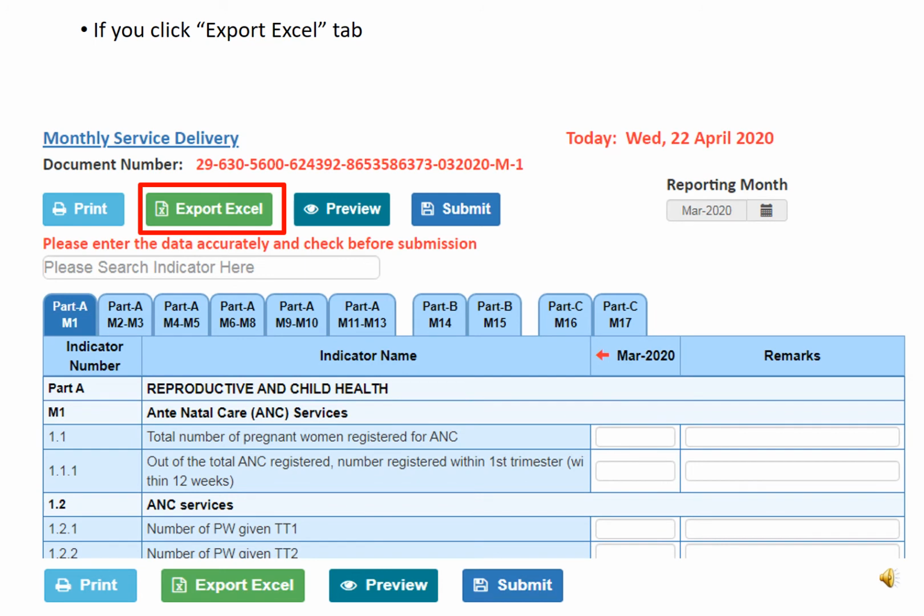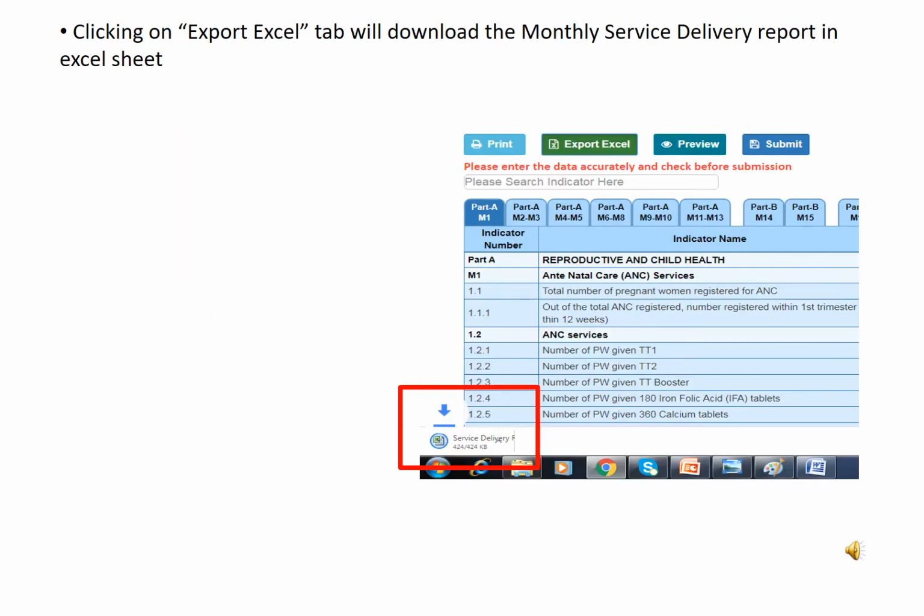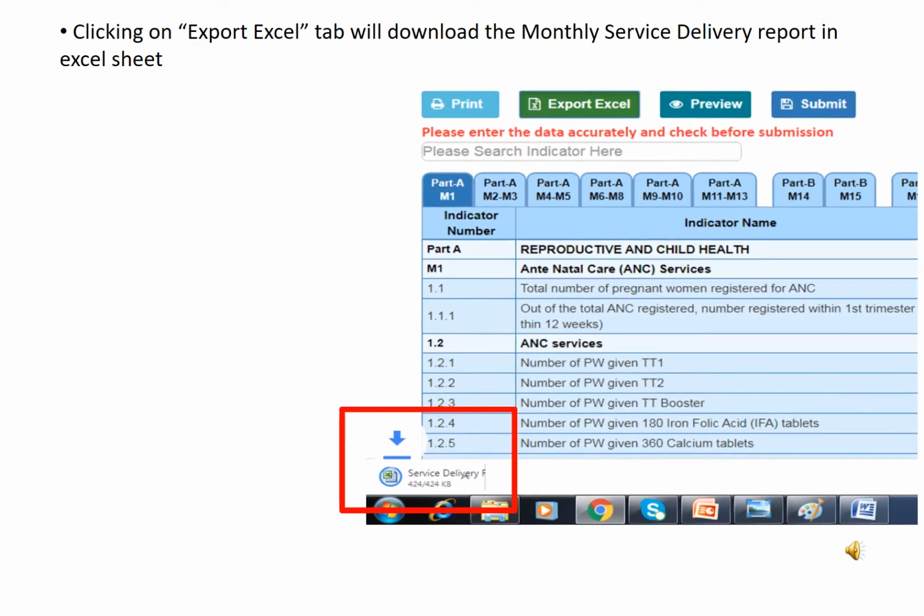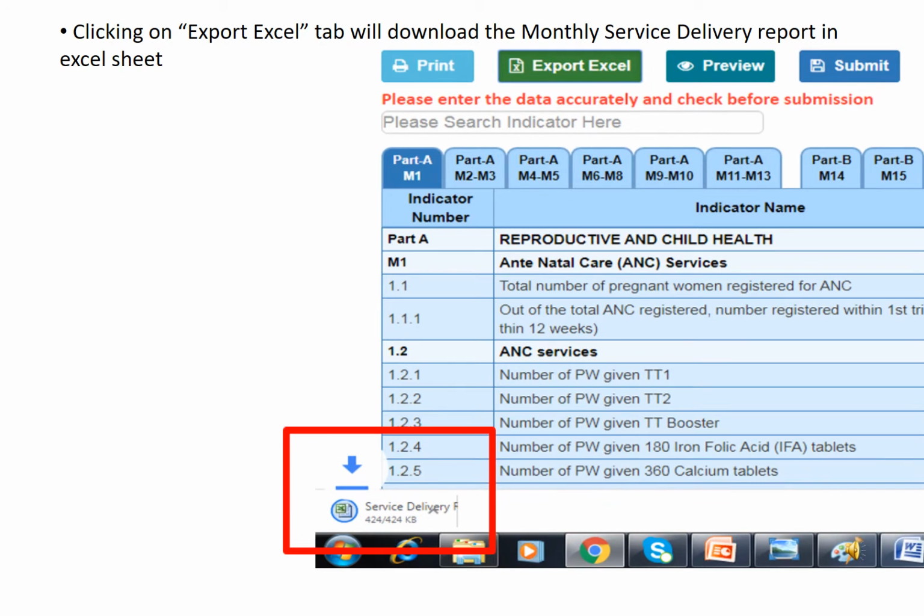If you click Export Excel tab, it will download the monthly service delivery report in Excel sheet.